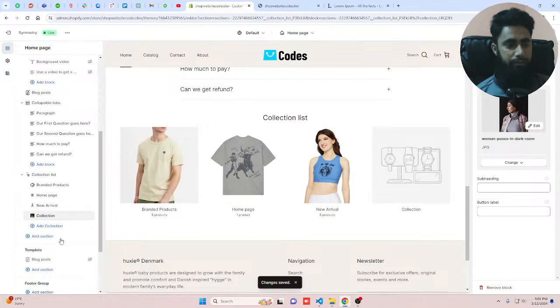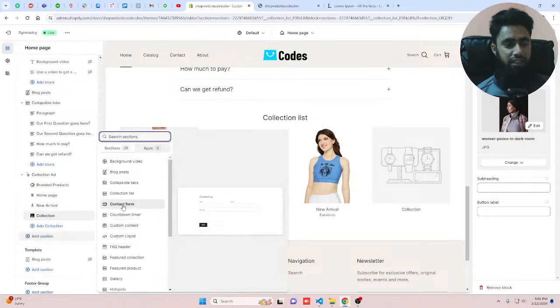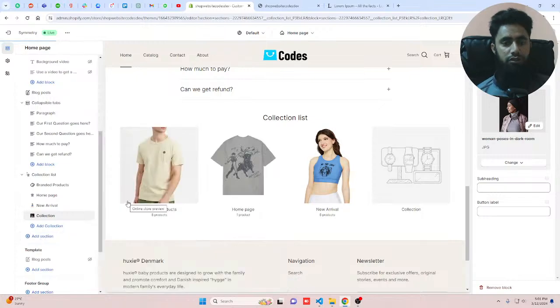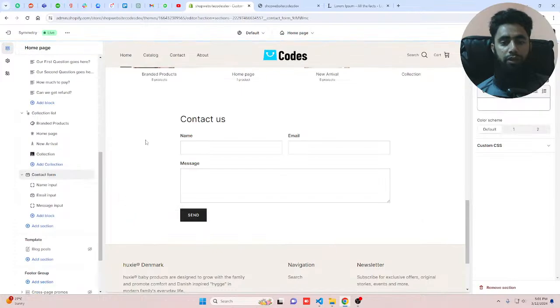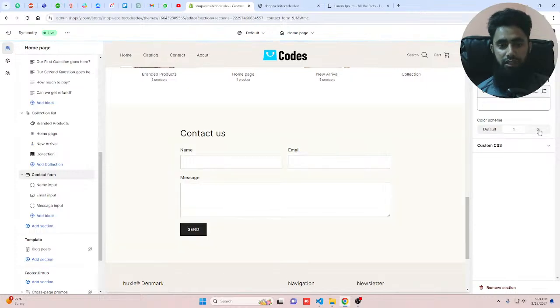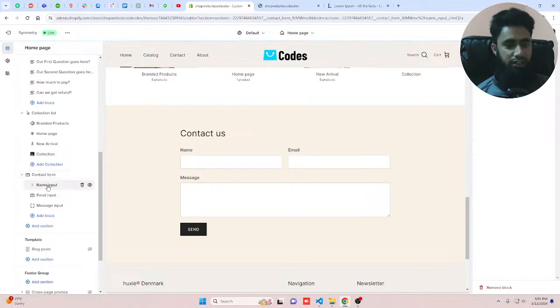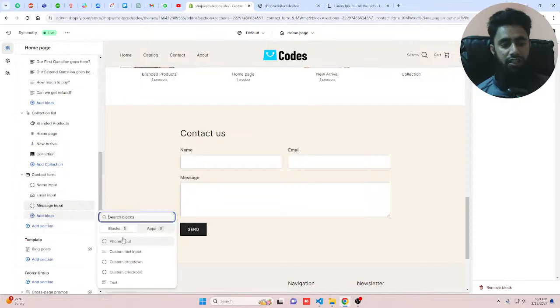Okay, perfect. And then after that we have another section which is contact form. Right now if you don't need it on the home page, you can remove it, but we have the contact form option also. Let me see. These are the color schemas, like you can change the color. Can you see the background is a little different? If I am adding this, this is also a different one. Okay, perfect. You can put the name, email, message, and if you want any other option you can also add it,